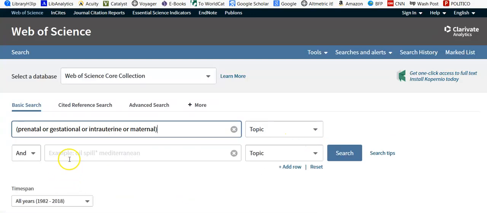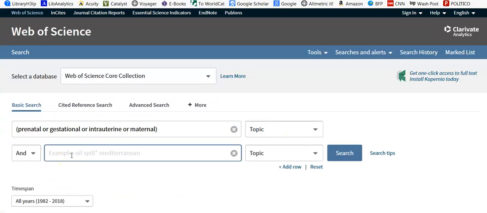Click Add a Row and type in exposure on the second line. We want the Boolean AND, so that'll bring up all articles that use either prenatal exposure, gestational exposure, intrauterine exposure, or maternal exposure. Click on Search,